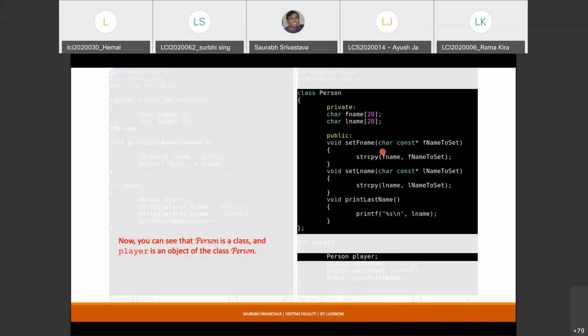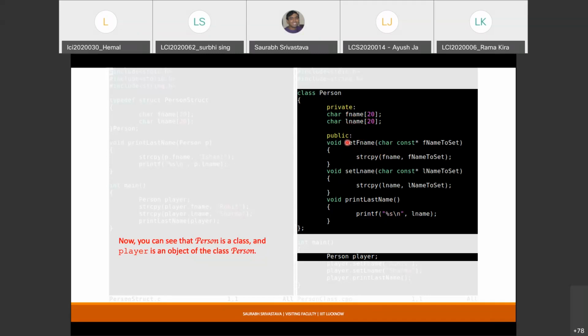Okay, why? Because that p dot part has become implicit. It is implicit because this is how I will access these operations. I'm going to access these operations in exactly the same fashion as I access the member variables or fields. So I will access it like p dot set f name. How would I access f name and l name? P dot f name and p dot l name.